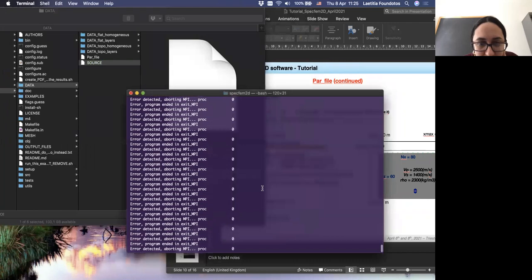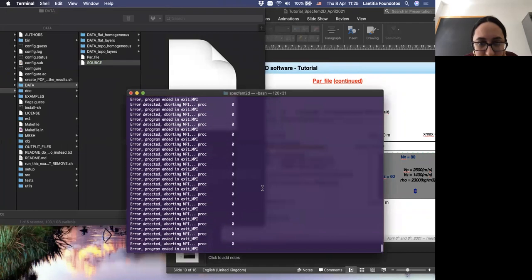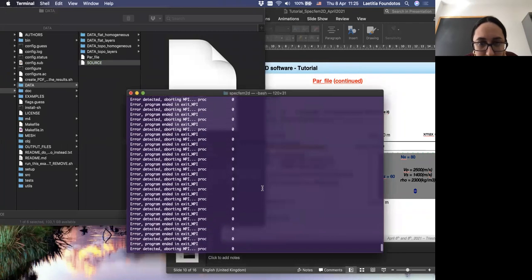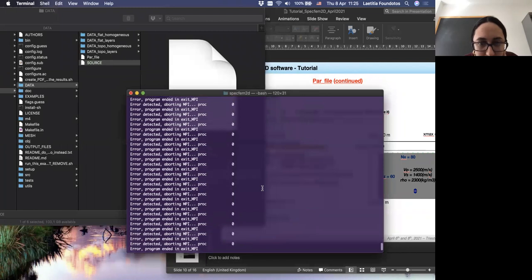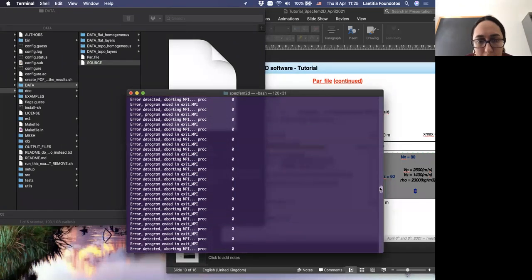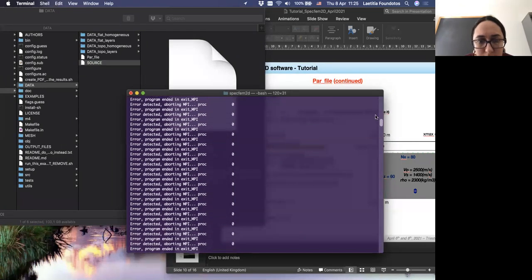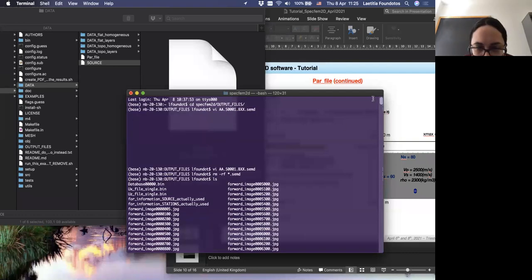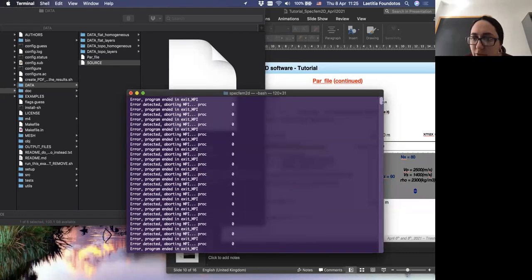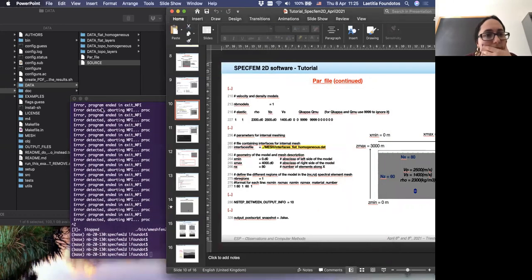This is really a pity because it does not indicate what error we have. I'm sorry. No, nothing. I do not have information about my error.